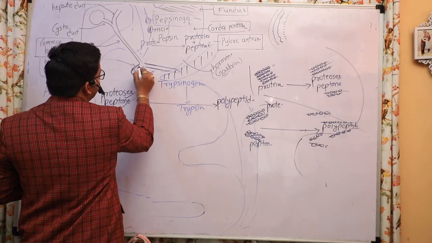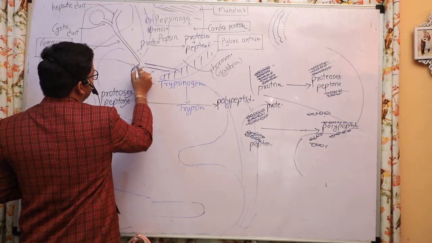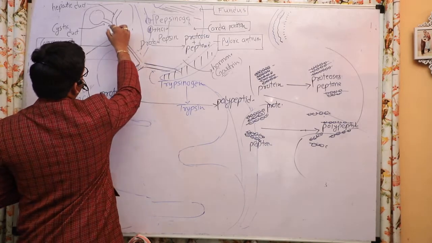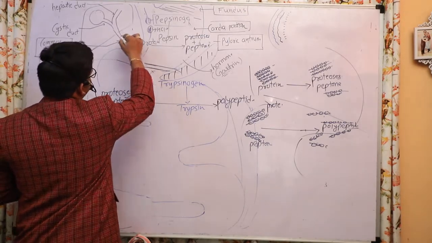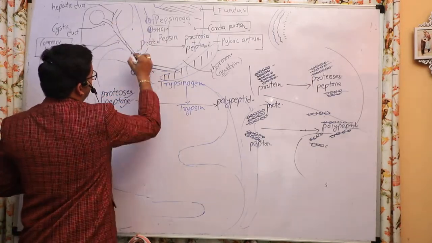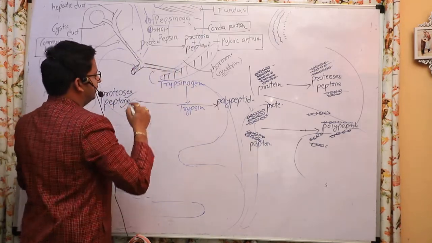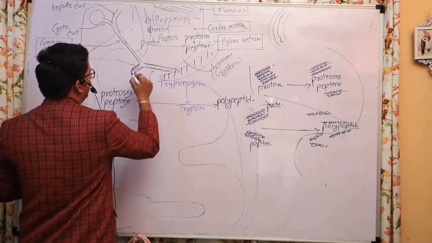Why is it called hepatopancreatic? Because it is the combination of the common hepatic duct, which came from the liver, and the pancreatic duct, which recombine to make